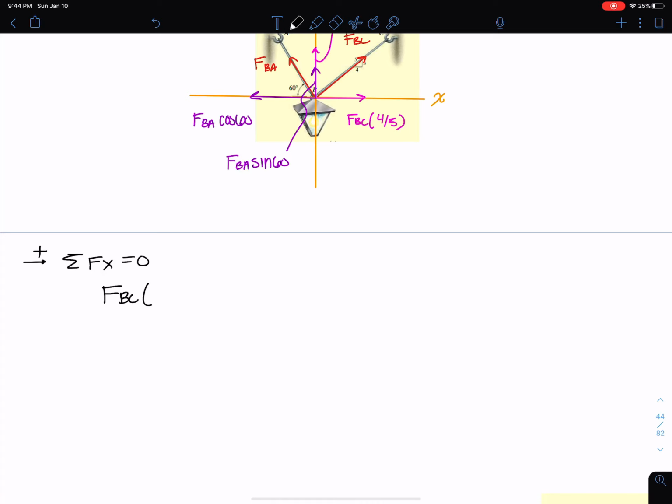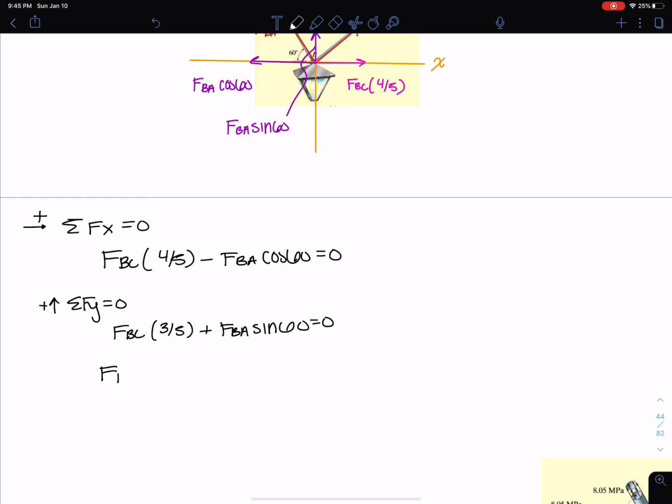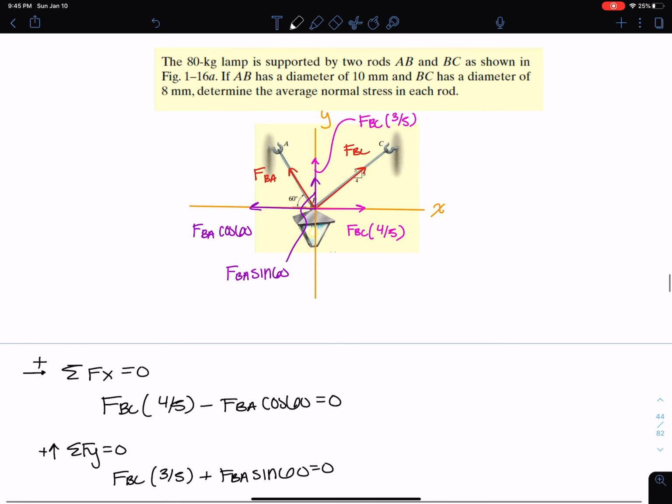So I have FBC times the 4/5 component minus FBA times cosine 60. That's one equation. And I can sum forces in the y. Up is positive. And I get FBC times the 3/5 component plus FBA sine 60 equals 0. Oops, I forgot the weight here on this free body. I just realized that. I also need to add in